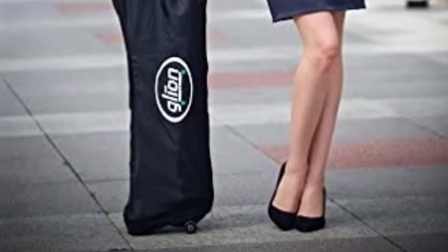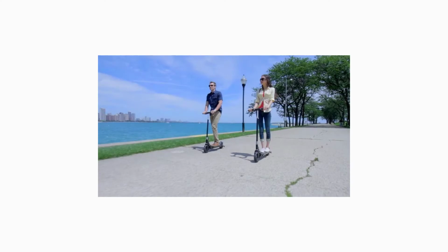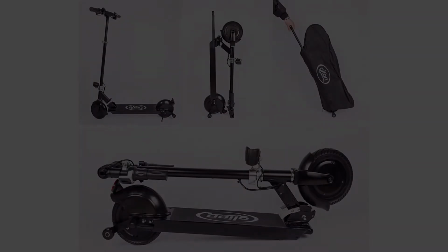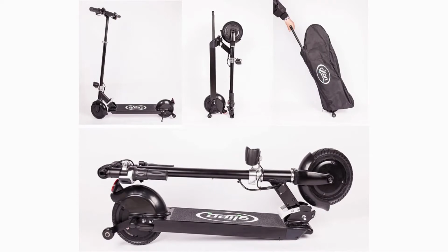jerky. Although the stopping is jerky, that is only because the Glion Dolly's braking system is robust enough to bring you to a stop in only about 13 feet. The Glion Dolly uses a combination of front electric ABS braking and a rear disc brake for maximum stopping power. Its front ABS brake is capable of regenerative braking, so it can convert your excess kinetic energy back into power